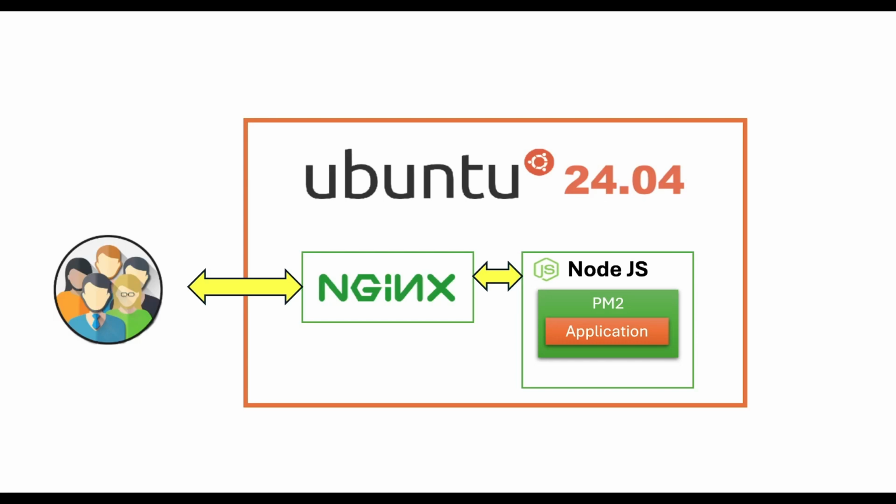Hello everyone, in this tutorial we're going to configure a production-ready Node.js environment on a single Ubuntu server. The setup will include the deployment of a Node.js application managed by the PM2 package. In this tutorial, we assume that you have already set up and configured an Ubuntu server with a public IP